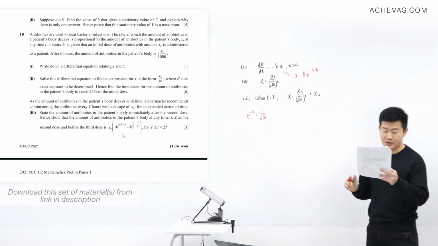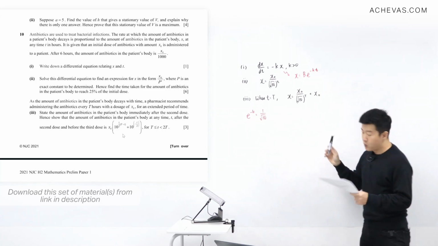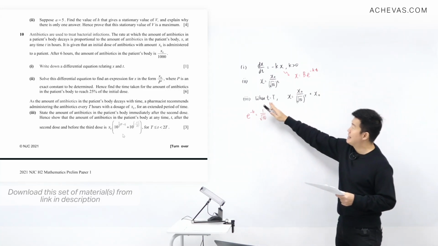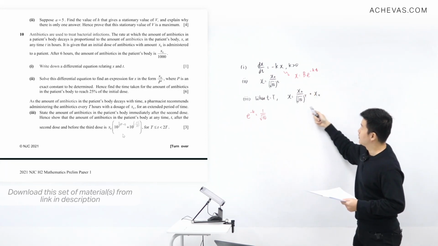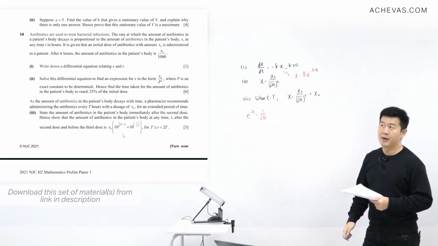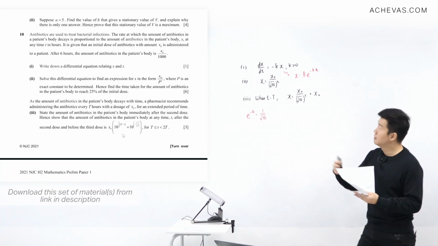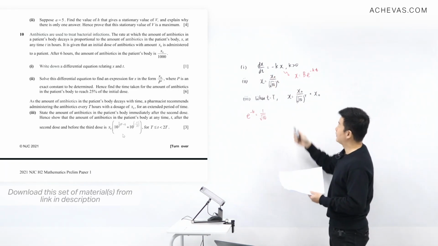So we are not going to be changing this, which means that when t is equal to t, I know it is supposed to be this amount in the patient's body,